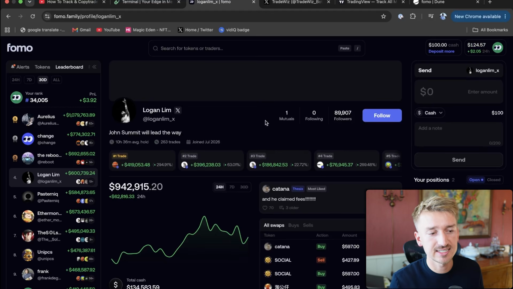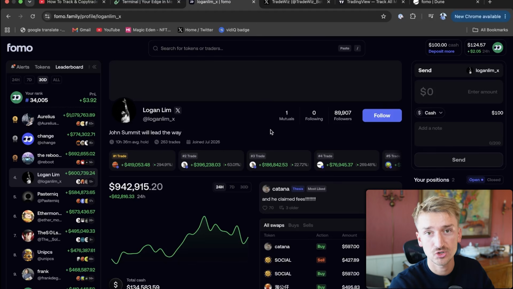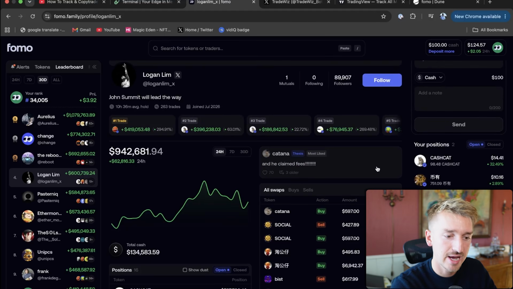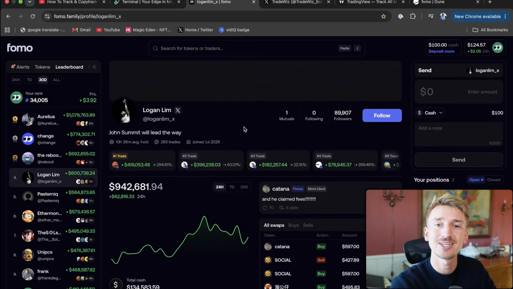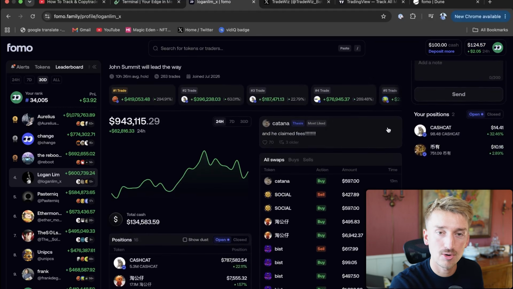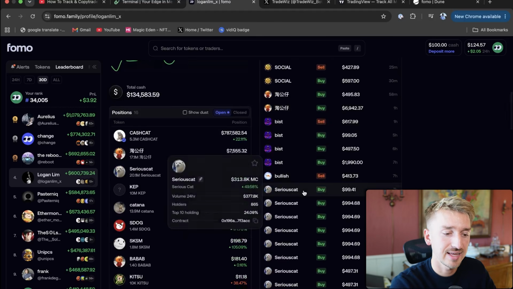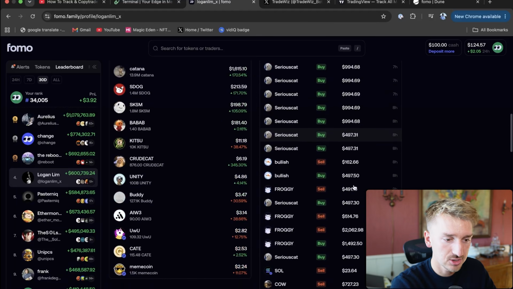So what I can do is set up a copy trading bot on Solana to copy all of his Solana trades. Now, it won't copy all of his other trades, but he mainly does trade on Solana and has been very profitable on Solana, so that should still work fine. Now, the other issue is because FOMO trades across chains, it doesn't actually give you the specific wallets that these people are using to trade with, so you need to actually find the specific transaction.